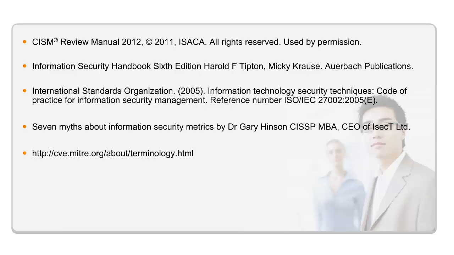http://cve.mitre.org/about/terminology.html